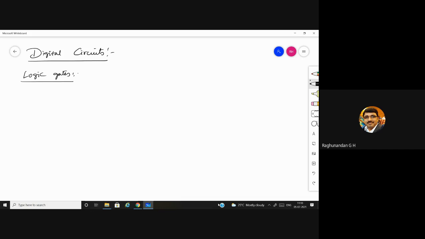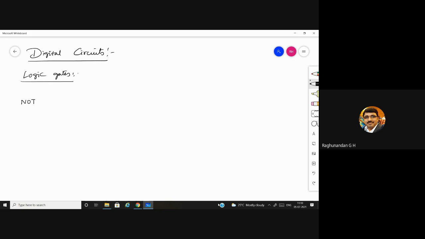Okay. So such kind of the basic building blocks are the logic gates. In this chapter, we are going to study about different gates. So let us begin with the first one, that is NOT gate.